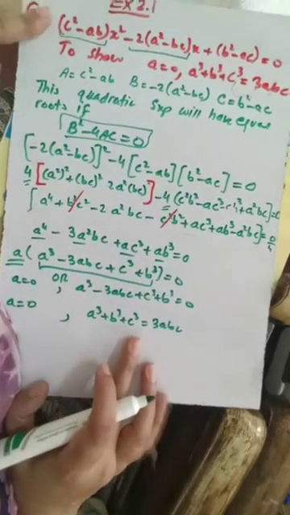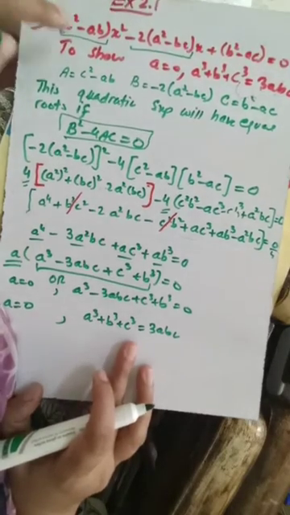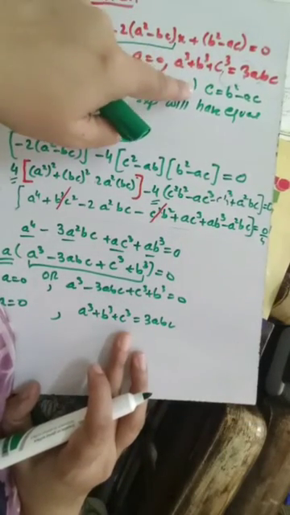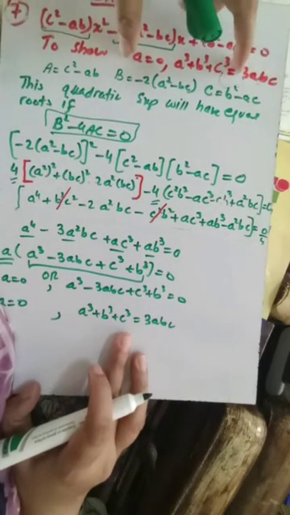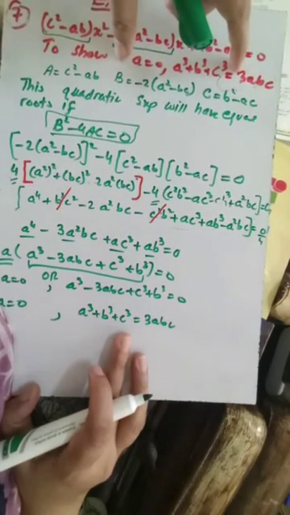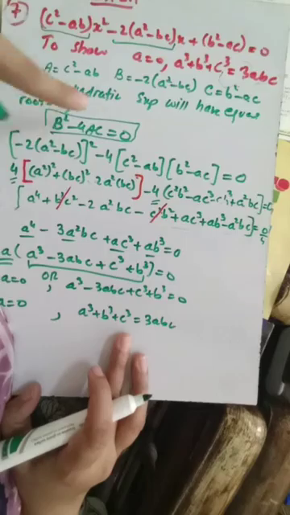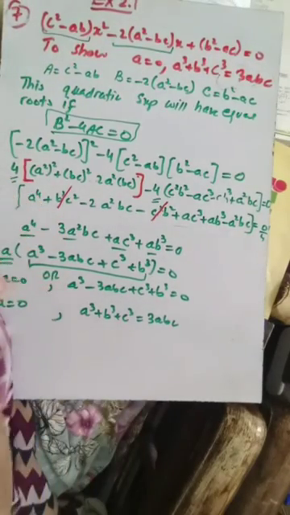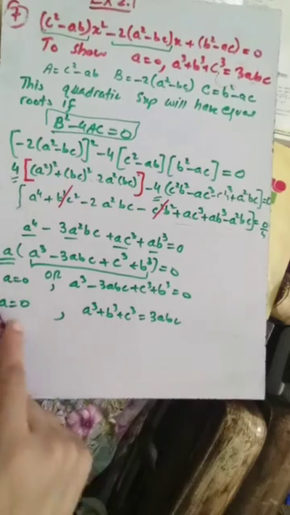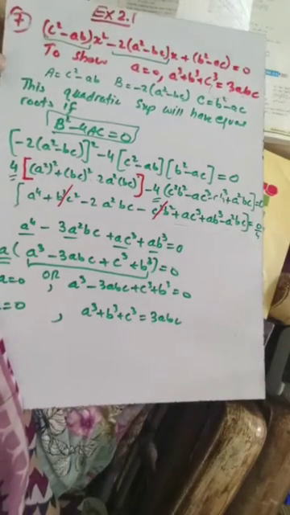and this is what they wanted from us. The question was to show that if these have equal roots, then a will be equal to 0 or a cube plus b cube equals 3abc. This is what we needed to show, that this expression will have equal roots if these two expressions go to 0. At least one of them should be equal to 0. So I have showed that if this equation has equal roots, then the discriminant will be equal to 0, and if we make the discriminant equal to 0, we get the condition that they required. So it proves that for equal roots we are getting this expression. Okay, and this is what they wanted us to show.